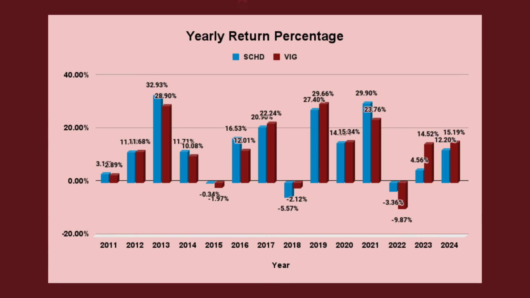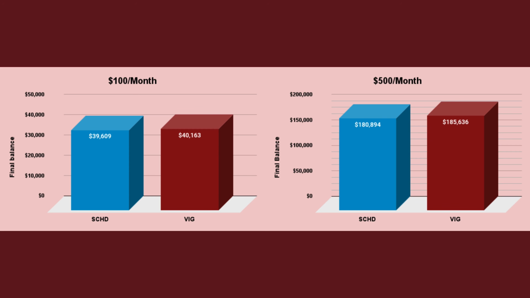conditions. In more challenging years like 2022, SCHD managed to limit losses at negative 3.36%, while VIG dropped further with a negative 9.87% loss. SCHD's income-focused strategy showed more resilience during market downturns, whereas VIG's growth focus made it more vulnerable to market volatility. Finally, looking at monthly contributions, if you were to put a certain amount in every month